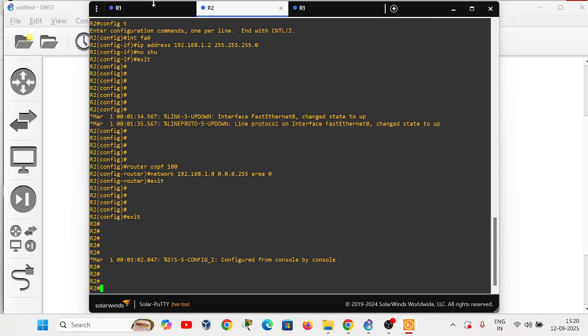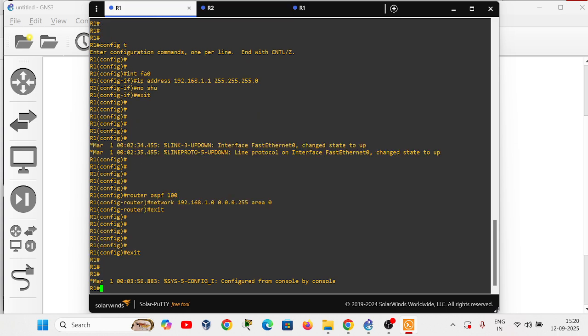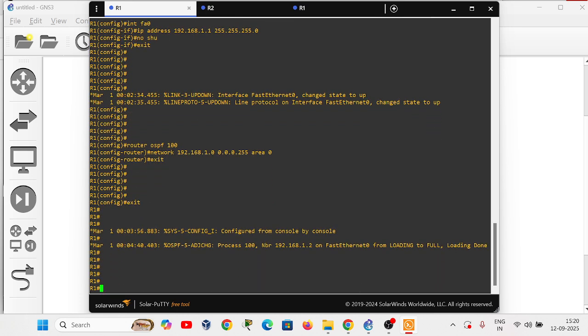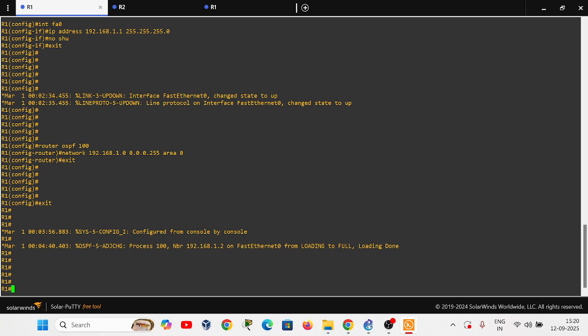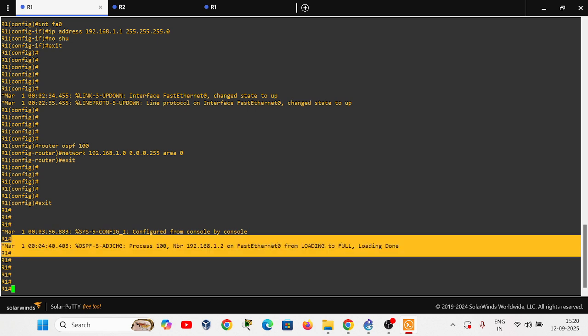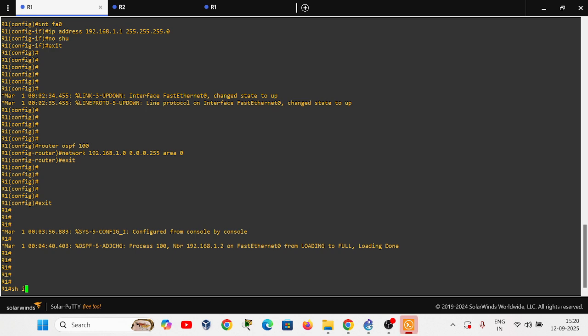So let's check whether the neighborship is formed or not. Let's go to R1. You can see here the neighborship is formed, from loading to full. Let me check by using this command, show ip ospf neighbor.